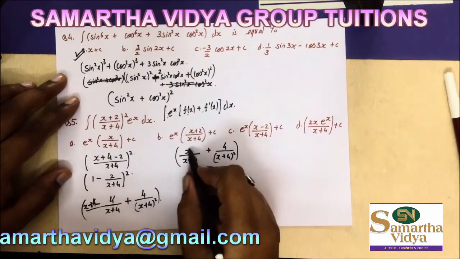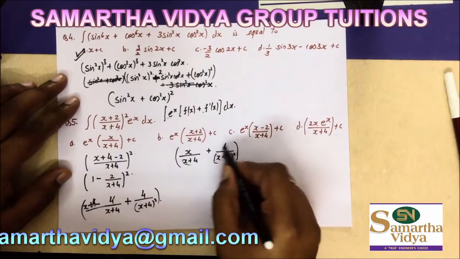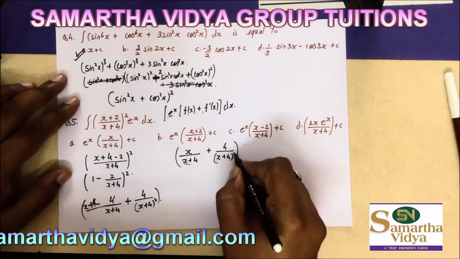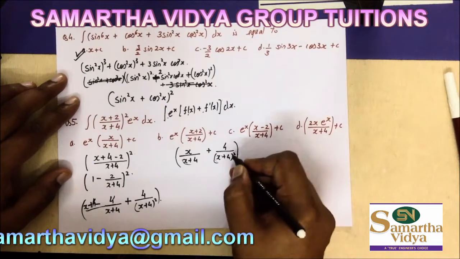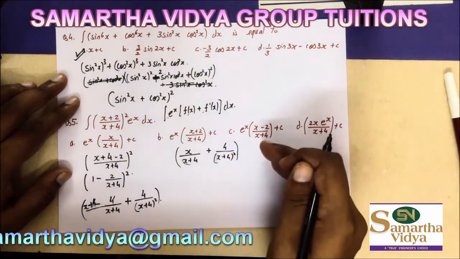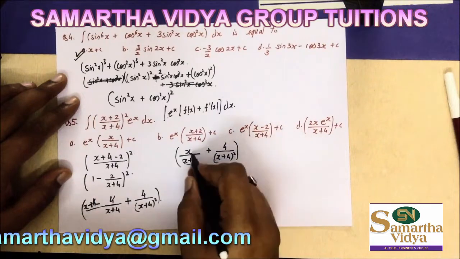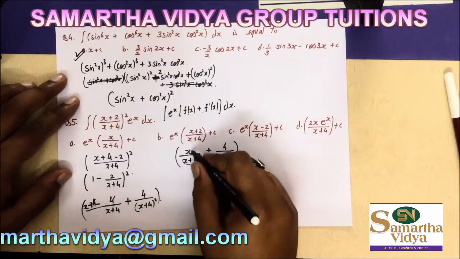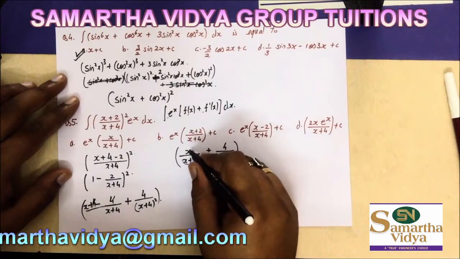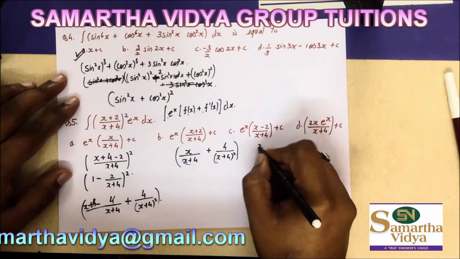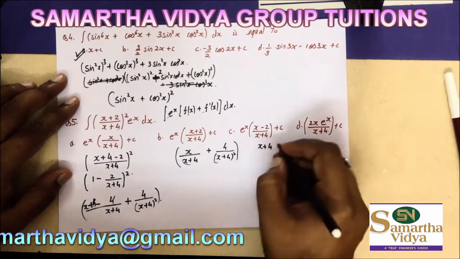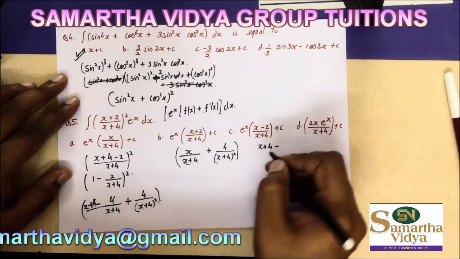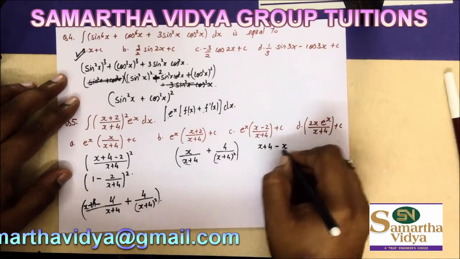Now let us check. Obviously this is not going to be f of x, because if I find the derivative of this, I'm not going to get this, because I have a square term, and if I take the derivative, it's always going to be higher since it's in the denominator. If I take the derivative of this, I might get this. So let's check. I have the u by v rule. I take the derivative of x, which is 1, so I get x plus 4 as the first term minus the derivative of x plus 4, which is also 1, times x.